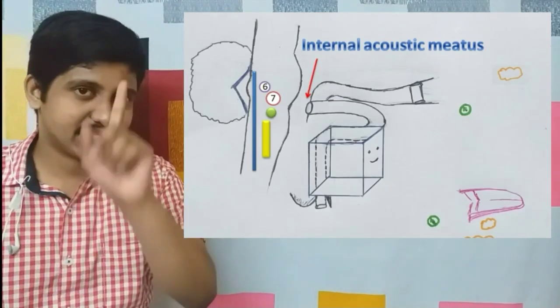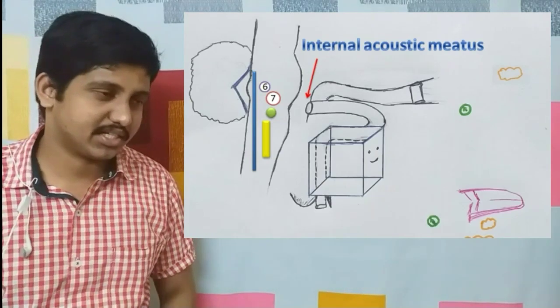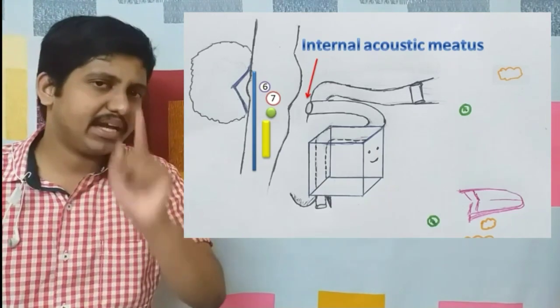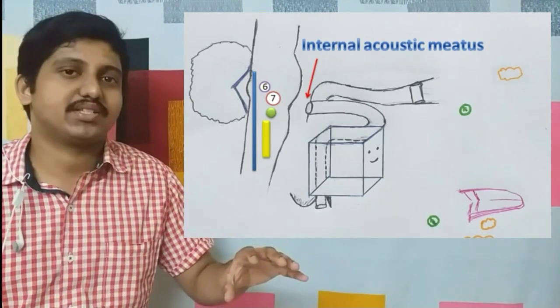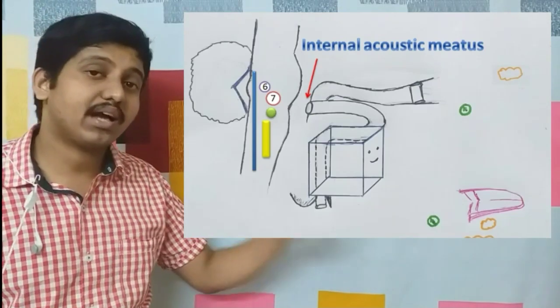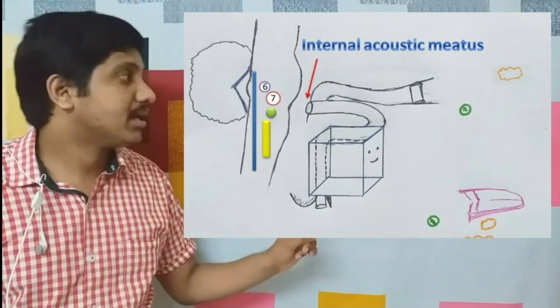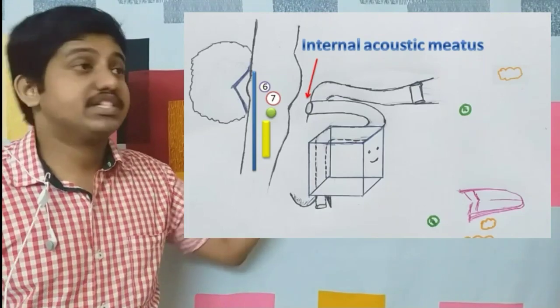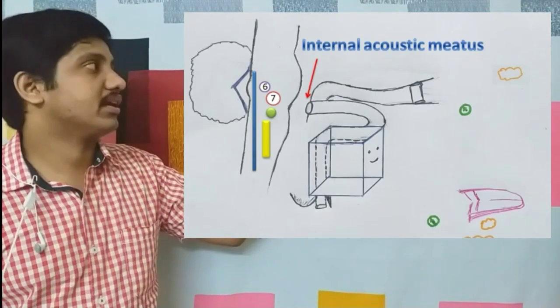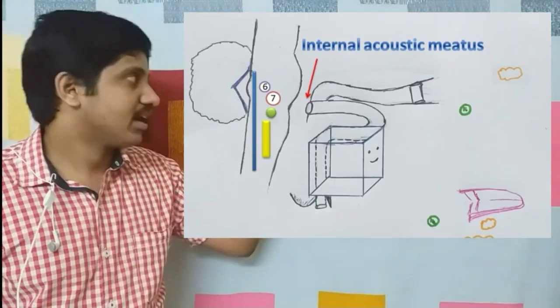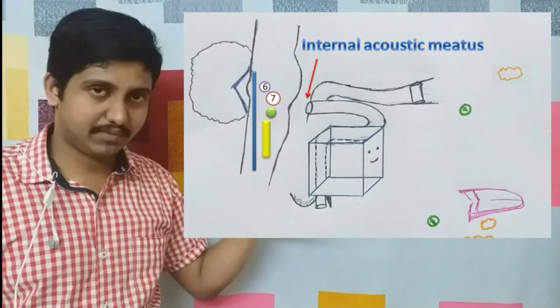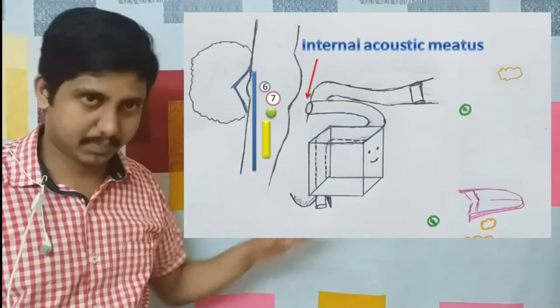Okay, taste sensation, remember, only taste sensations, while the touch, pain, temperature, all those sensations of the anterior 2/3 of the tongue are detected by nothing but the lingual nerve, which is an internal branch of the mandibular nerve, which is a branch of the trigeminal nerve. Okay, I will mention it when I explain all these.